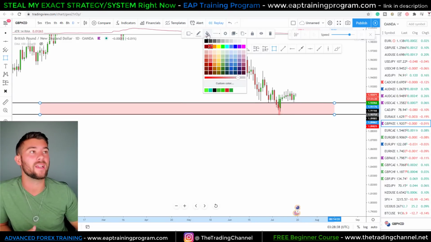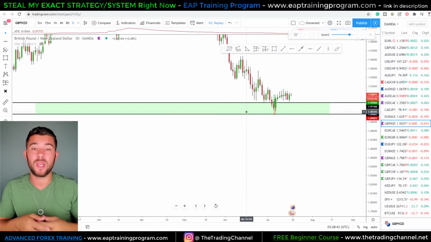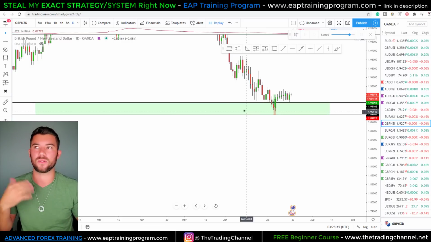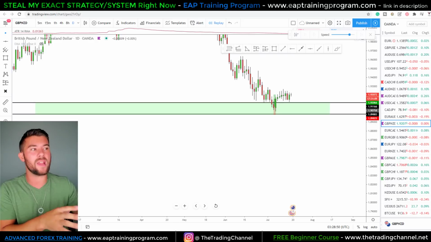I'm going to show you why I was considering this a major zone of support, and also I'm going to take you down to a lower time frame and show you the entry reason that I use in these zones. So first off, before we do that, let me show you the Pro Trader report where I sent traders this zone,